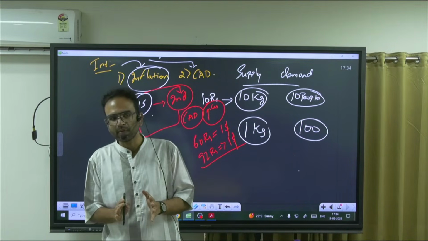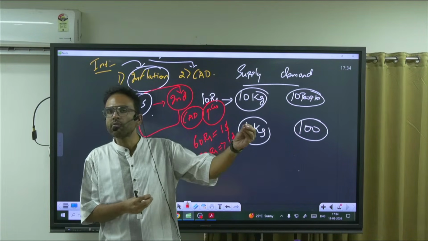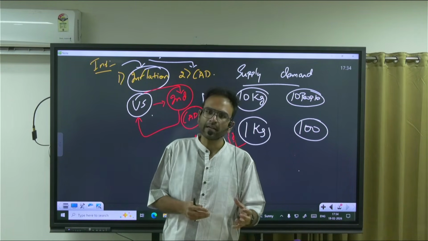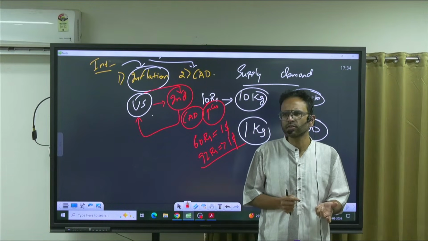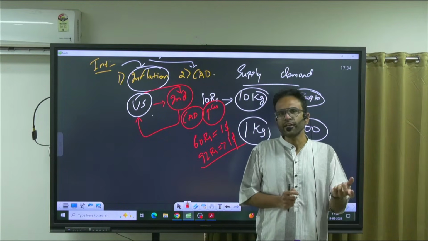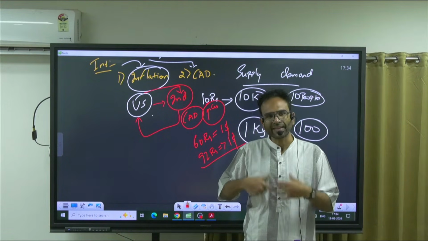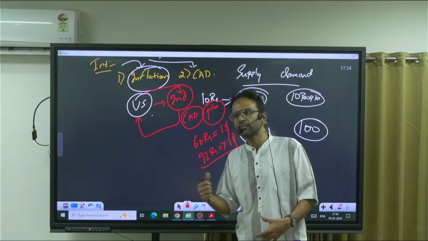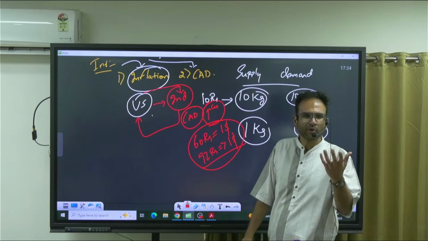The second aspect, which has been structural in nature, is that we are depending on foreign money, foreign goods, and everything that originates from the West, which will obviously have a cost. So continuously when the demand is rising and we are not developing capabilities within our country, what happens? Price increases or rupee value comes down.